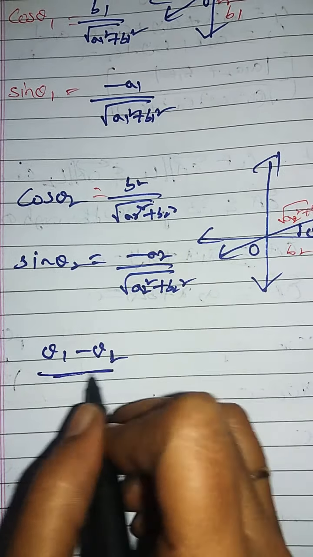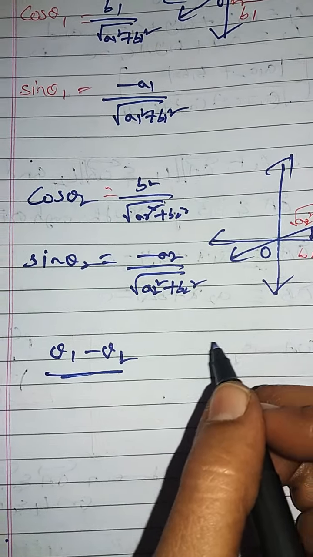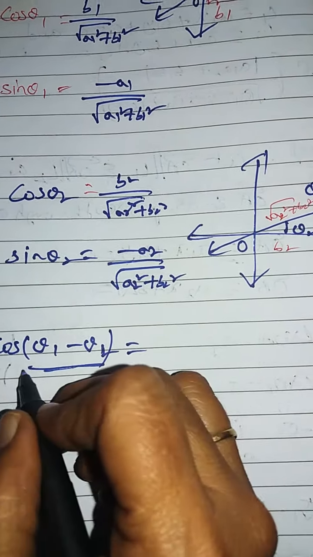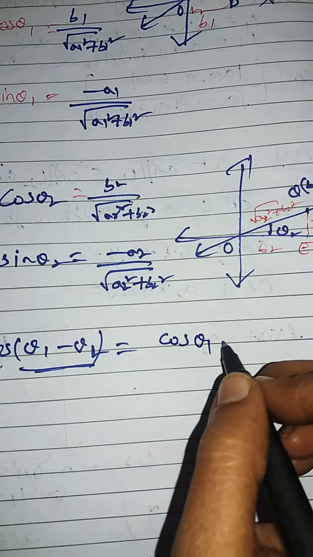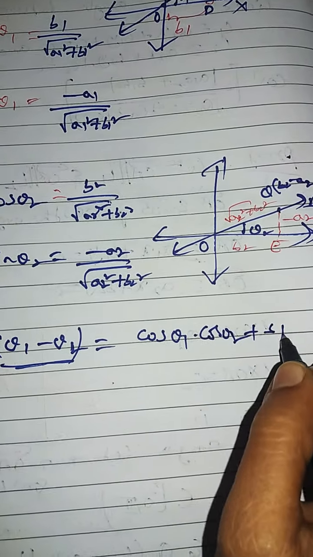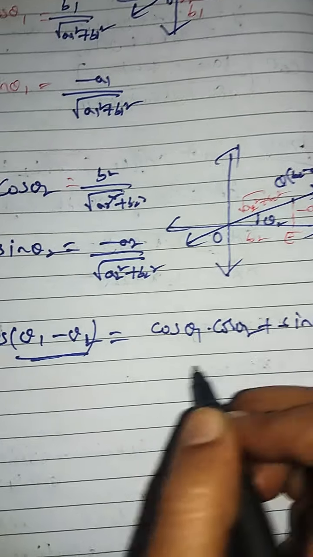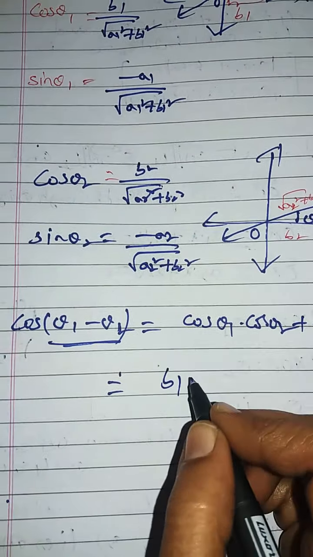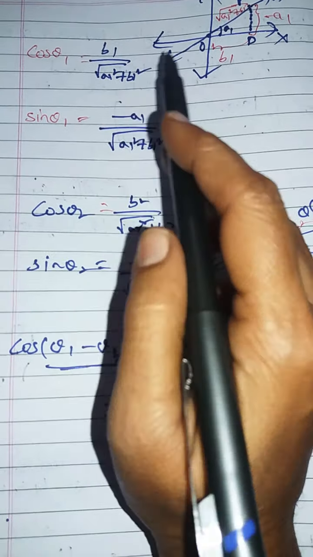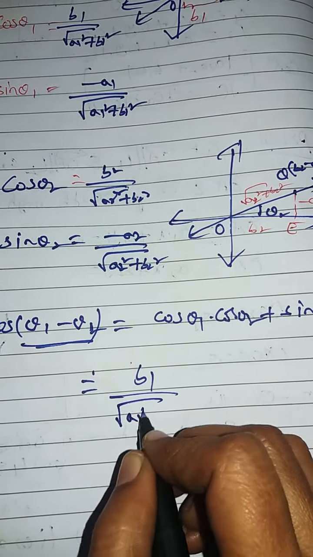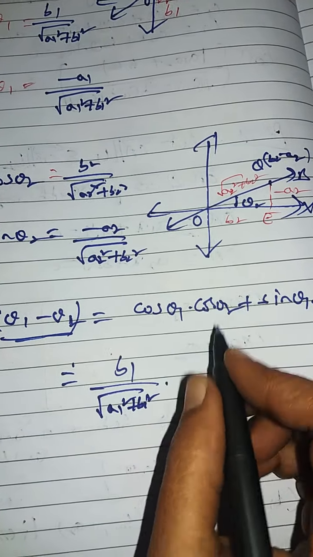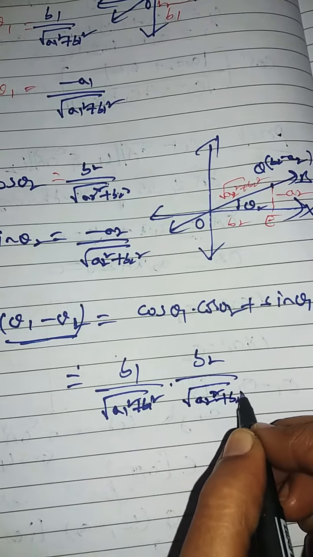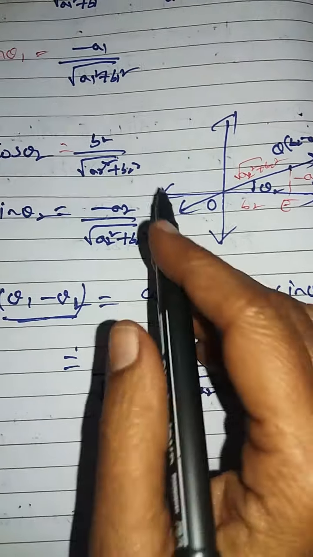We have to prove this angle as cos inverse of. So I will take cos of theta 1 minus theta 2. So it is in the form of cos of A minus B. We know cos theta 1 cos theta 2 plus sin theta 1 sin theta 2. Now replace the values. What is cos theta 1? Cos theta 1 is B1 by root of A1 square plus B1 square. Cos theta 2 is B2 by square root of A2 square plus B2 square, plus sin theta 1 is minus